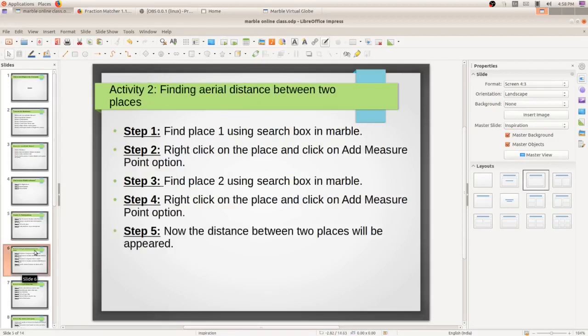What is our second activity? Finding the distance between two places, how many kilometers between two places. This activity is also very simple. I will show you first, then we will read out the steps.